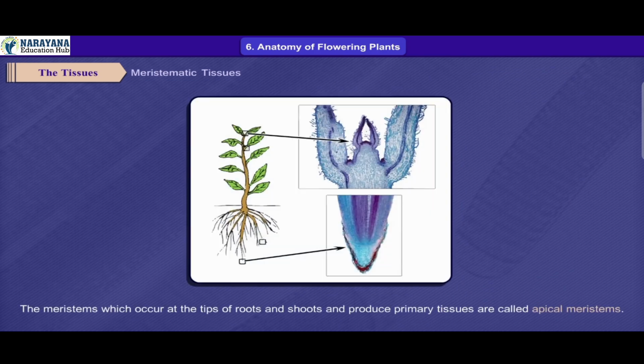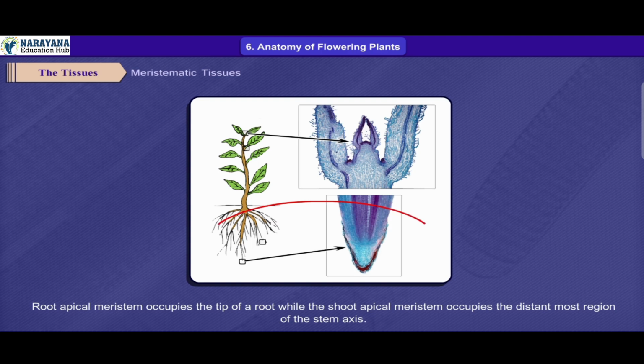The meristems which occur at the tips of roots and shoots and produce primary tissues are called apical meristems. Root apical meristem occupies the tip of a root, while the shoot apical meristem occupies the distal-most region of the